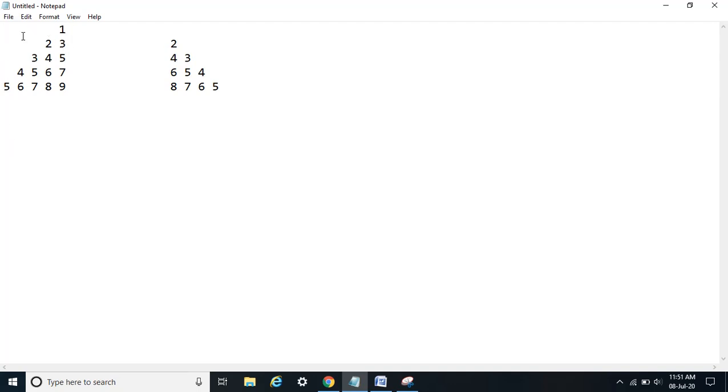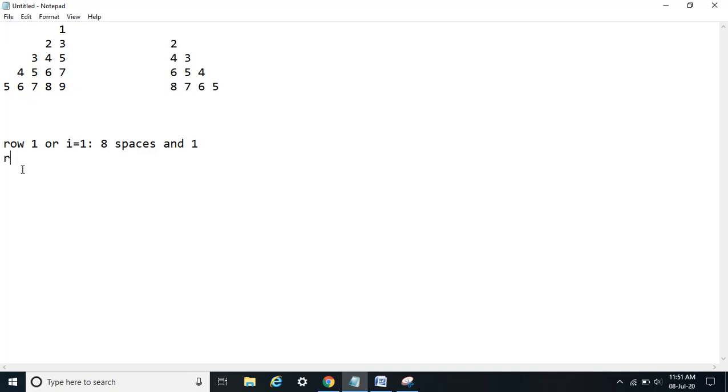For row 1, what do we have? We have 1, 2, 3, 4, 5, 6, 7, 8. 8 spaces and then a number. So for row 1 or I equals 1, I have 8 spaces and after that 1.